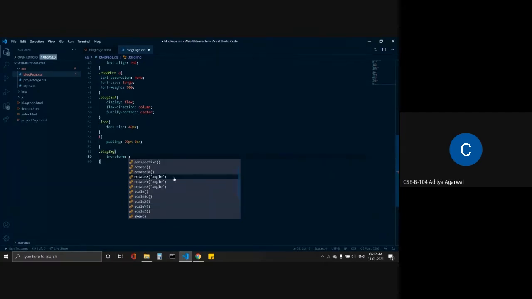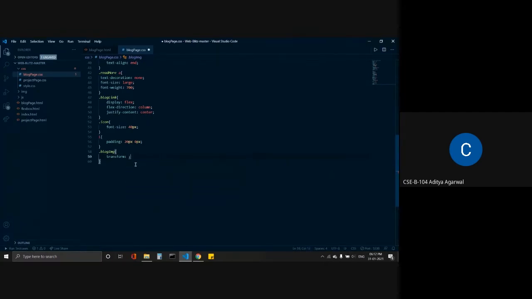Okay, it is not there in the CSS part, but we can obviously do that by JavaScript. If time permits, I will show you how to do that.